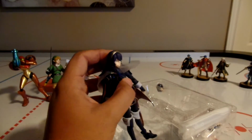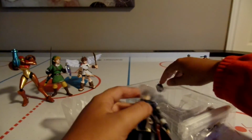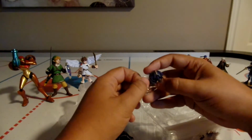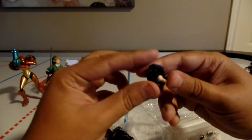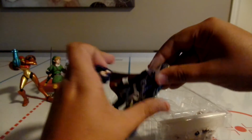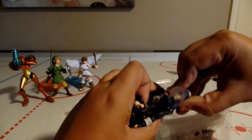Let's just try and not get that... Oh, wait a second. She has an entire extra headpiece. Wow. Okay. Well, let's see if we can get that going then. So if we remove her head then...